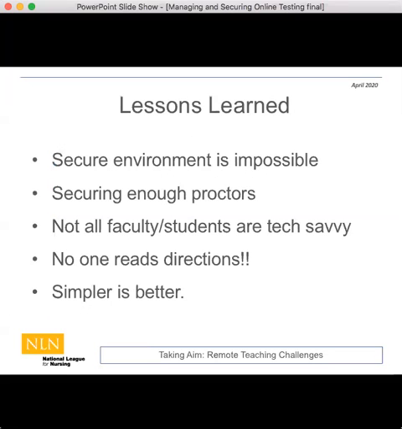So the next slide, please. We learned several things. When we initially went to set this up, as our school was transitioning everybody online, we realized a couple things. Our initial trial, we thought, oh, this would be great. We'll use Zoom as our technology. We will assign proctors to proctor 20 students. So we had all of these Zoom rooms. We had proctors who volunteered, which were our faculty and our staff.